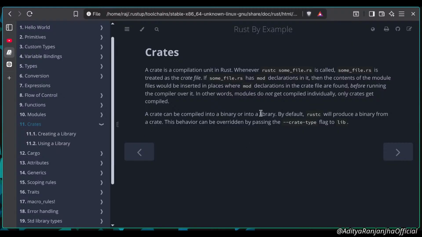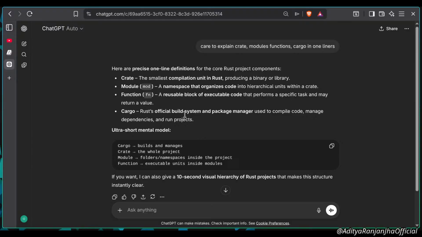We have seen all the library files over here. As for just rustc and some file.rs, that will create a binary. So we know what the crate is. The next thing it is saying is module, or mod. It is a namespace that organizes code into hierarchical units within the crate. So there is a crate, and inside that we need a hierarchy of the code. So a module does that. And a function, as we all know, is a reusable block of executable code that performs a specific task and may return a value